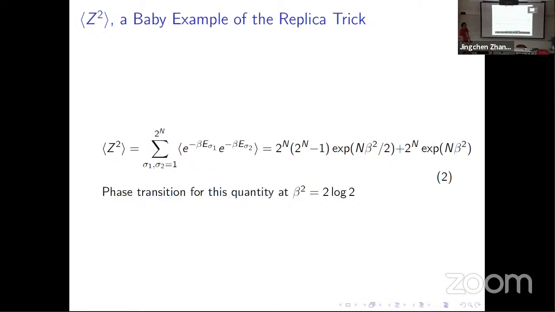If we can do this for arbitrary n, and of course we're used to n being an integer here, and then live with ourselves after sending this integer quantity to 0 in this ridiculous way, then we can calculate the quenched free energy. Okay? And this is the replica trick. The replica trick is saying, let's have n replicas of the system, send n to 0, and get quenched quantities from annealed quantities in that way.